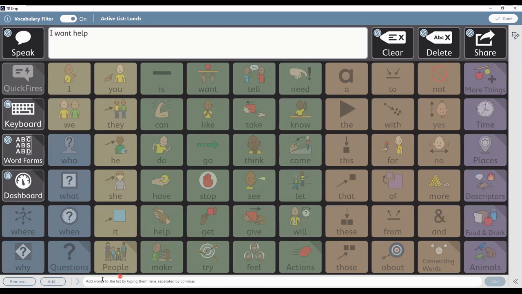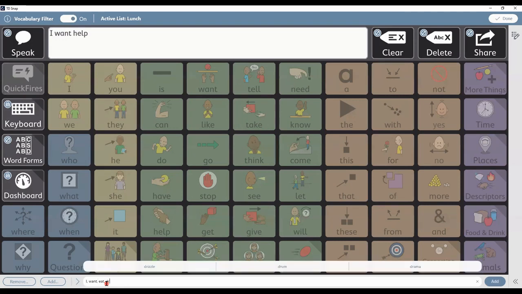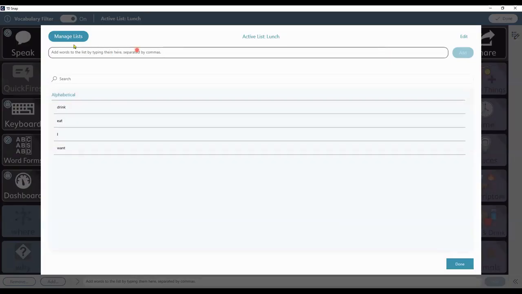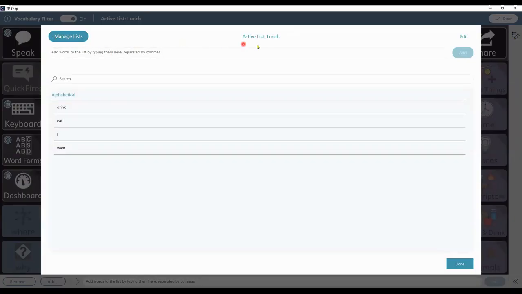I can again go in and add them using the bar at the bottom by simply typing in I want, eat, and drink. Add those buttons. And when I go in here, I'll see on my Manage List page, I'm on my active list, lunch, and now all of the words are available in my list of words.